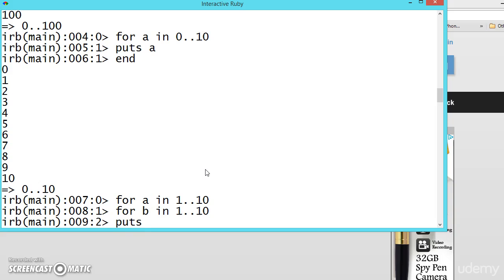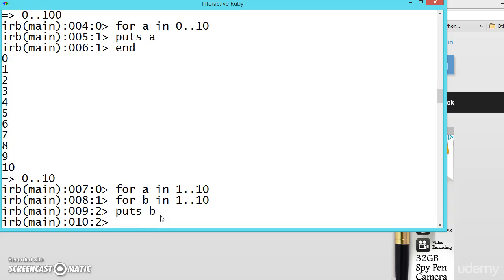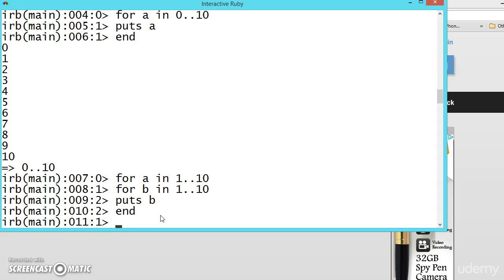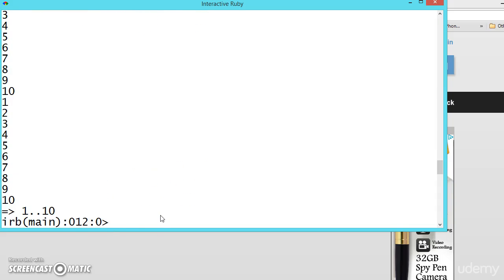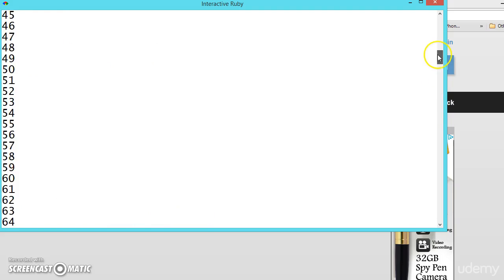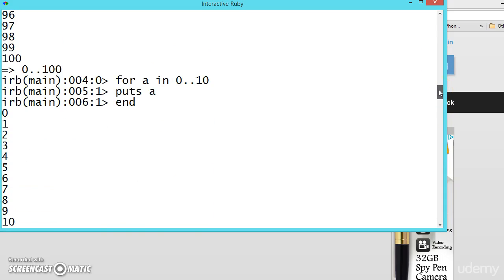Now with puts, what will we be printing, a or b? We will be printing b. Let us see. b, and end, and end. See here, 1 to 10, 1 to 10, like this. Now we have printed this one 10 times. So like this we can nest any number of for loops.